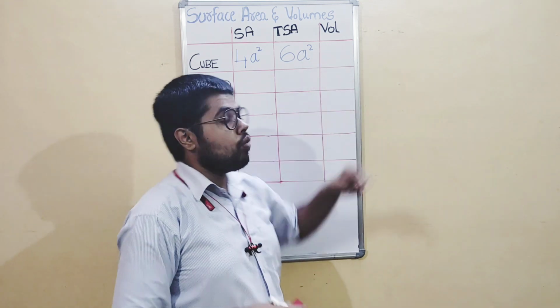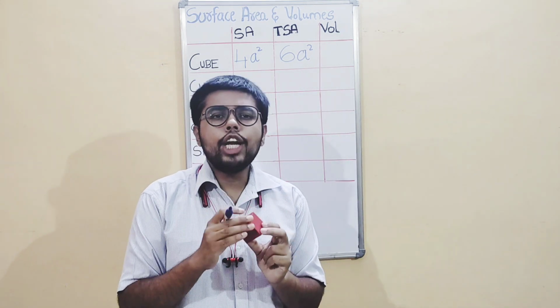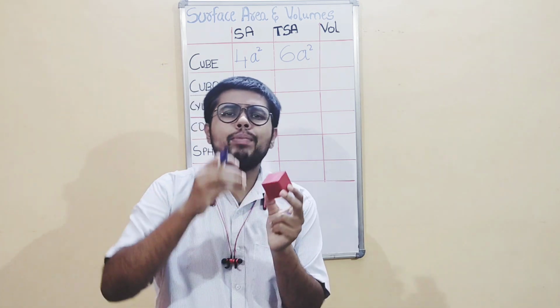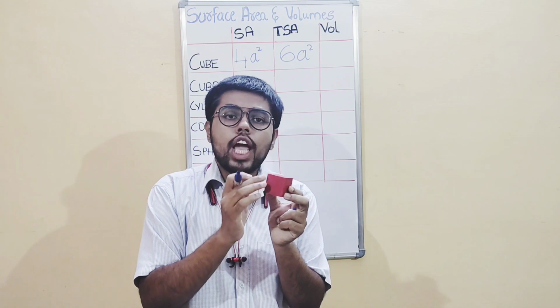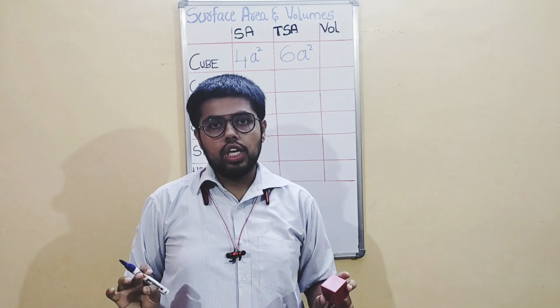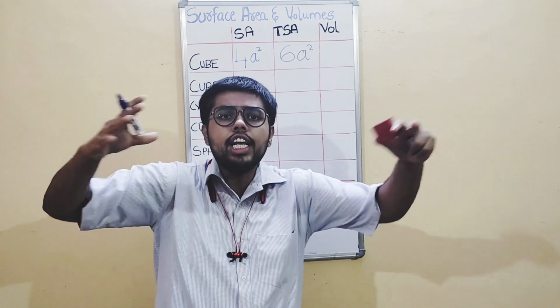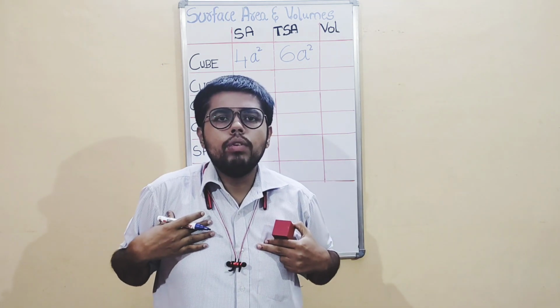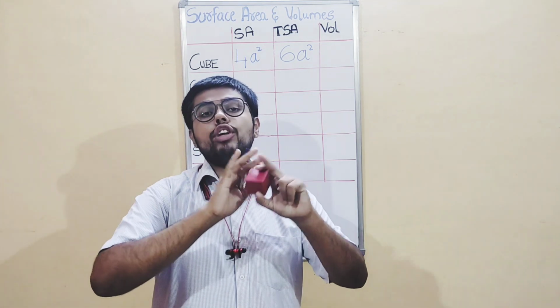Next, coming to the volume. What is the volume? You all know volume is a quantity to measure how much a solid shape can fill in it. How much can it fill means we should take into consideration 3 dimensions. See, length, breadth and height. All the dimensions, 3D shape. I have a volume because I have a 3D shape. Okay. Area comes only for 2D shapes.